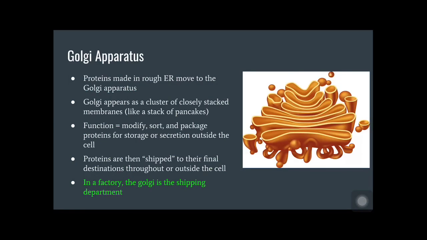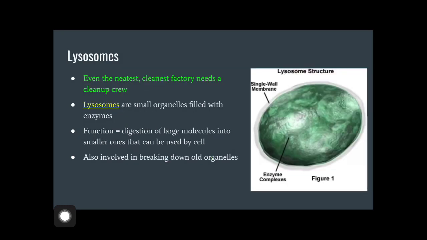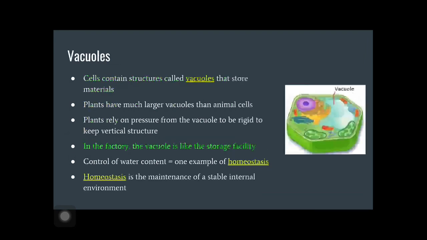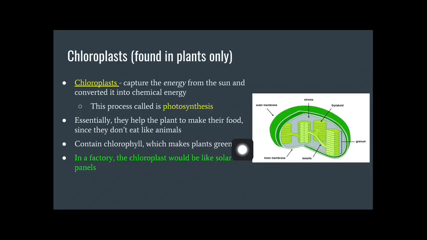In our cell analogy for the factory, the Golgi apparatus is the shipping department that prepares things to get shipped out of the factory. In our factory, we have a cleanup crew that we would refer to as lysosomes. They're the custodians, sweeping the floor. If a machine is no longer needed, they will disassemble it and get rid of the pieces. A vacuole in the factory is a large storage facility that, if needed, we can pull some materials from. Chloroplasts, found only in plants, are like solar panels on the roof that would take energy from the sun and convert it